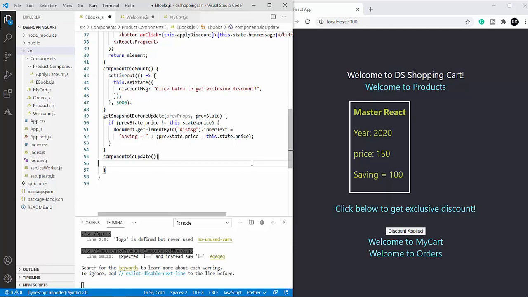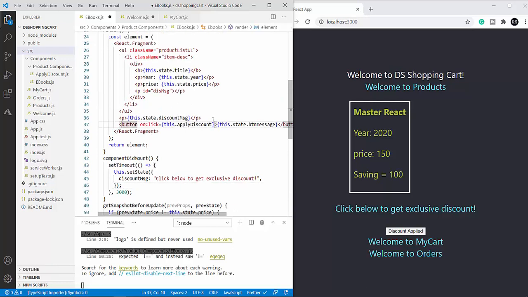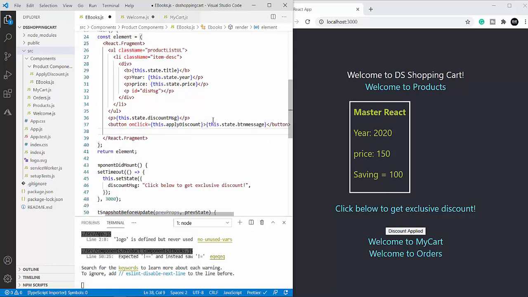So let's do that. Below this button, I'm going to have another paragraph over here, and here also I'm going to have an ID. Add to cart message.